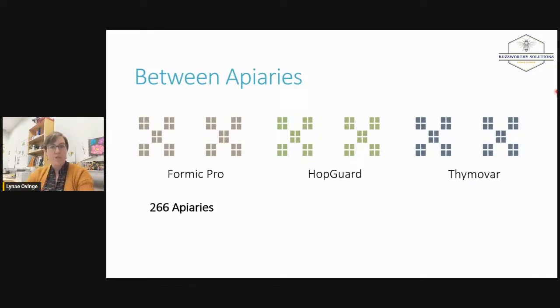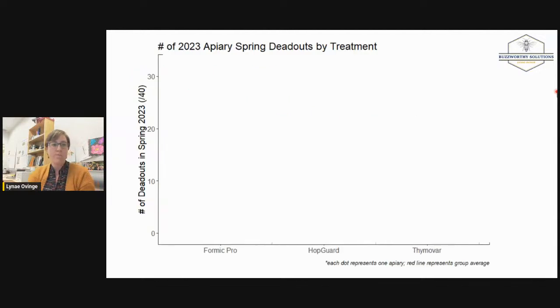So I know right away you're all thinking, well, how do you do this? He's not doing mite washes on that many apiaries. He simply did it by recording the number of deads in the spring, which I really want to underscore how easy this was for him. He simply had to write down which yards got which treatments and his winter kill in the spring for each of the yards. I would say that these are things that most of you are already writing down. A lot of us write down the number of deads in each bee yard because that way we know how many live hives to bring back to those bee yards.